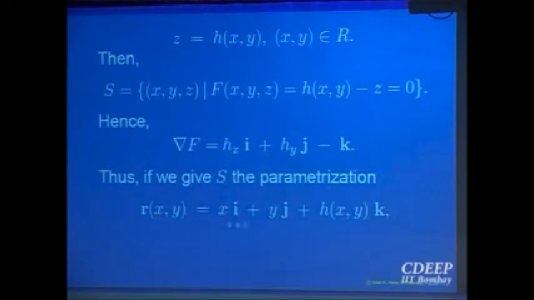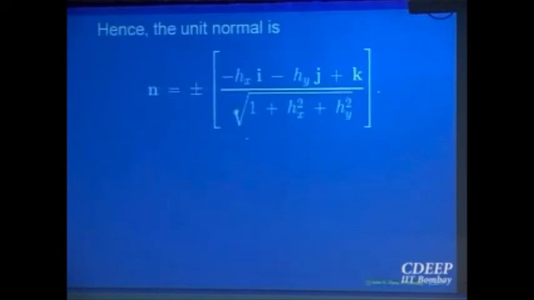Let us compute Ru cross Rv from here. So with x, y as parameters, the partial derivatives are (1, 0, hx) and similarly the other one. Ru cross Rv will be the determinant, and that will be the same thing. You can write it either way you like. So this is a unit normal when the surface is given explicitly, z equal to h(x,y), in which hx and hy, the partial derivatives of h, are going to be computed.